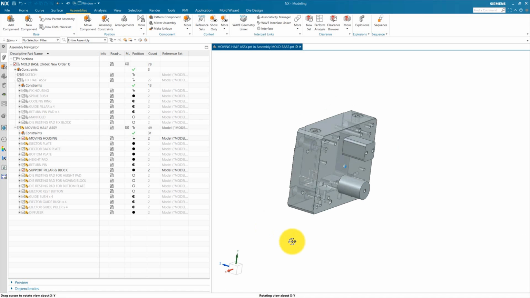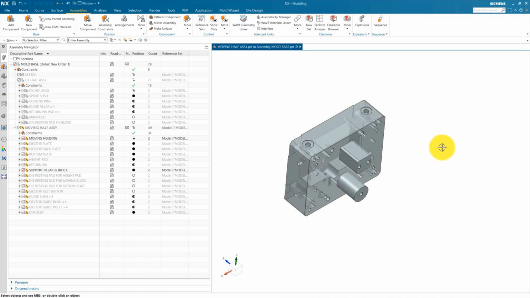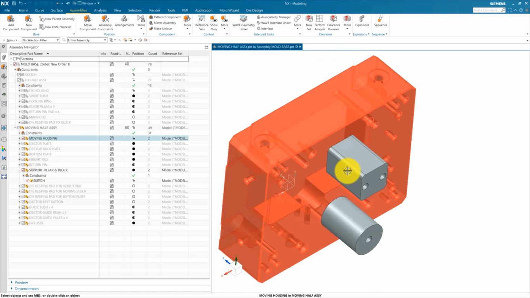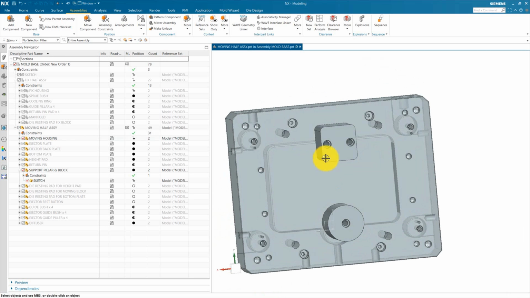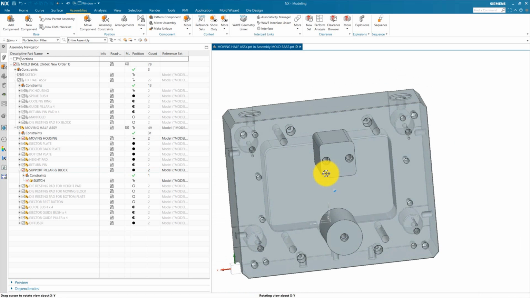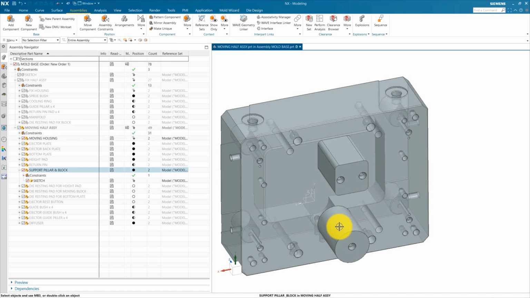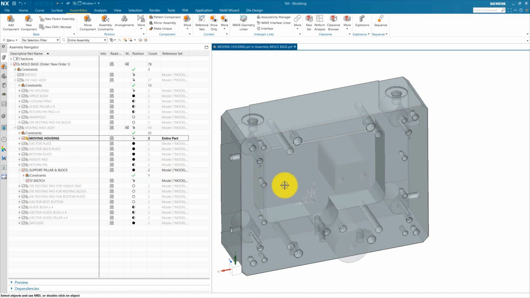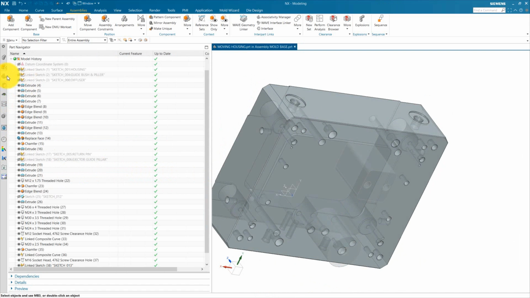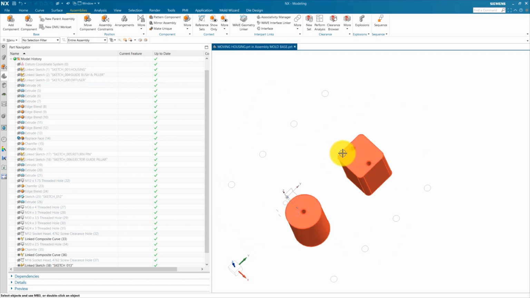our mold base. For example, we are going to add some slide this side or this side. We need to redefine our distance tolerance for our support pillar and block according to condition. Now we need to provide a bolting hole for this support pillar and block inside our moving housing. For this, what we do, we activate our moving housing and hide this body for a time and go to